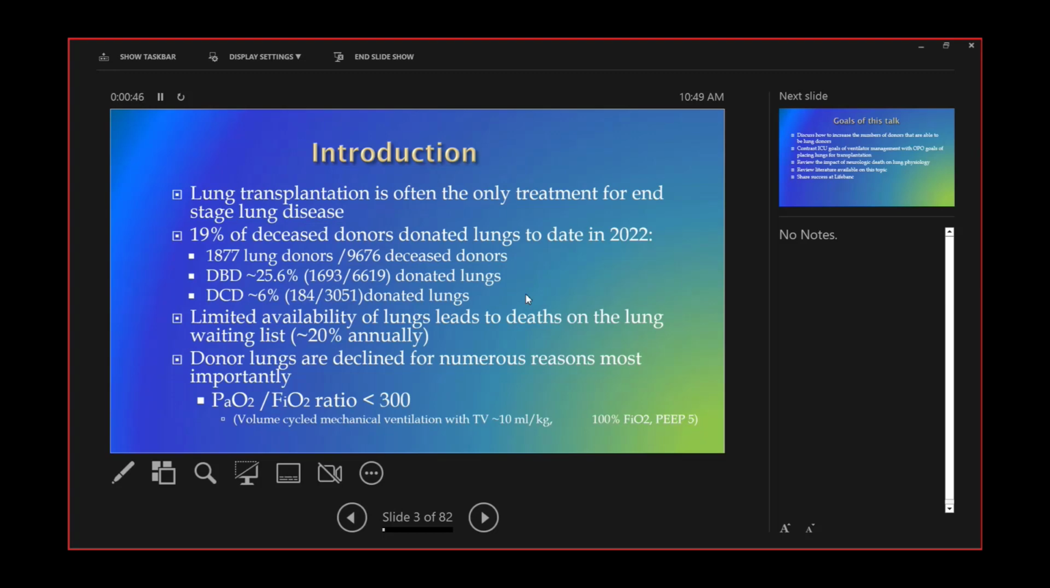We're not going to talk about that because we don't really manage DCD donors. We can make suggestions, but that's where we're limited. The limited availability of lungs leads to deaths on the lung waiting list, about 20% annually. And donor lungs are declined for numerous reasons, but most importantly, it's always the PF ratio of less than 300. And that's with volume cycled mechanical ventilation, usually with tidal volume 10 per kilo, 100% FiO2, and a PEEP